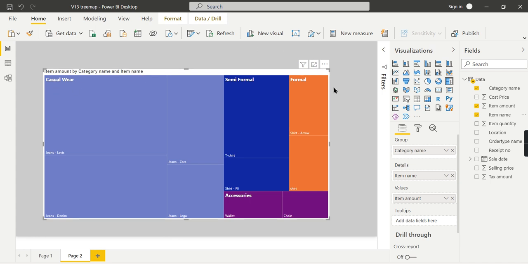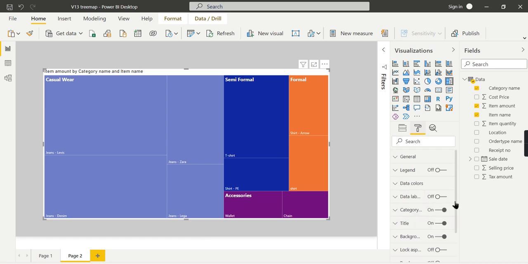Another important factor here: in the casual wear, jeans lega is the least, in the accessories chain is the least, formal shirt is the least, in semi-formal shirt P is the least. Whichever is at the rightmost corner is the least. The leftmost top corner will be the highest value. So this is how you need to see this visual.